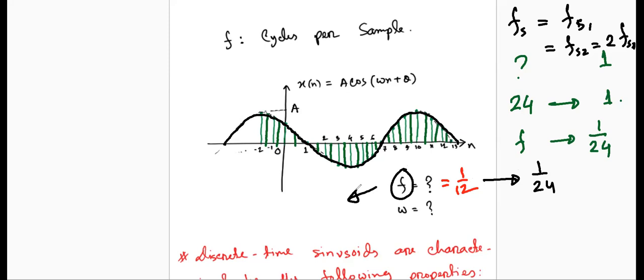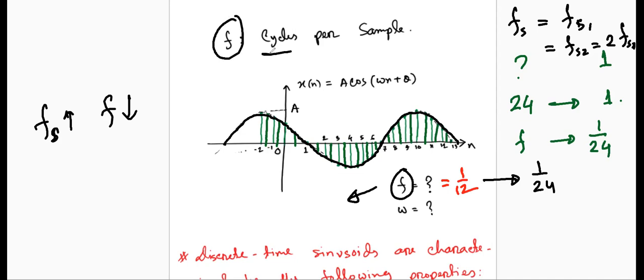It is definitely decreased, isn't it? Whenever you are increasing the sampling frequency higher, definitely the frequency f will decrease. So definitely they have a relation. We'll establish that relation, but you should understand that the frequency, that's why this